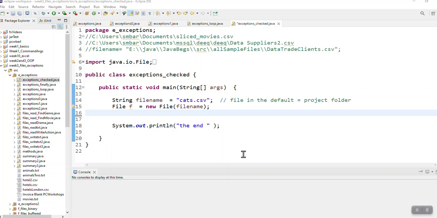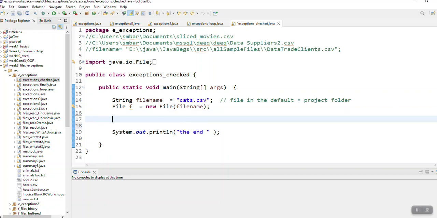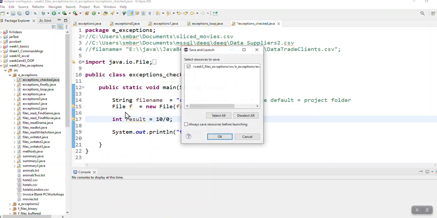Right, okay, so I want to show you what a checked exception is. In Java we get checked exceptions and we get unchecked exceptions. So I'm going to do what we've done before. I'm going to say result equals, let's just make it 10 divided by 0. We know that divide by 0 is not allowed. So when I run this, okay,